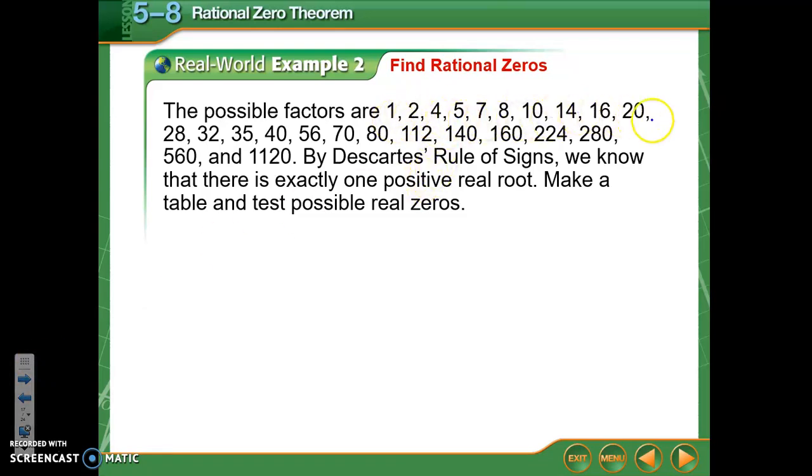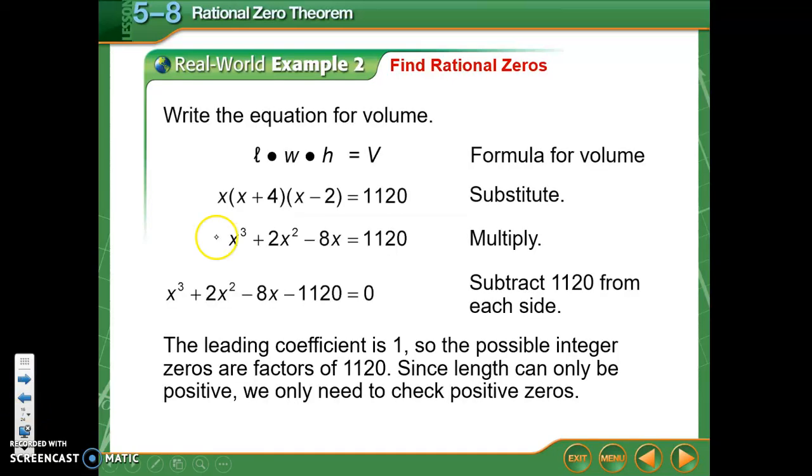They listed them out for you, so you didn't have to list them all out. These are all of the possible factors of 1,120. That's a pretty long list to try, but at least it narrows it down from trying just any random number. If we do Descartes' rule of signs, coming back over here, we know that we have one sign change when